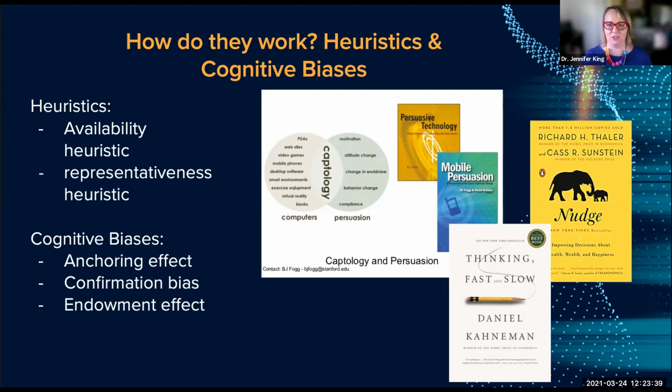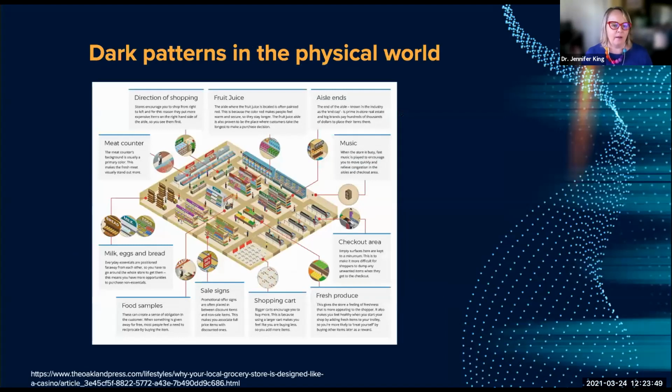Dark patterns essentially here are then the opposite: decisions that don't benefit you, but benefit the person who's making the design. And so we see these not just in the design space or the online space, but also in the real world. The picture I have on this slide is what's called a planogram. This is what we see in the commercial supermarket space. I think that's an excellent example of how we see design, consumer psychology, and to some extent, dark patterns all come together in the physical world.